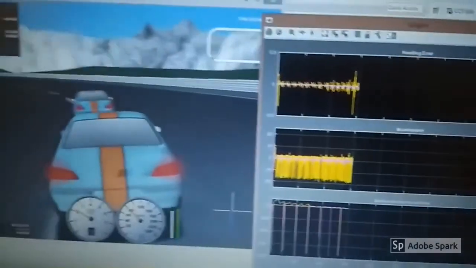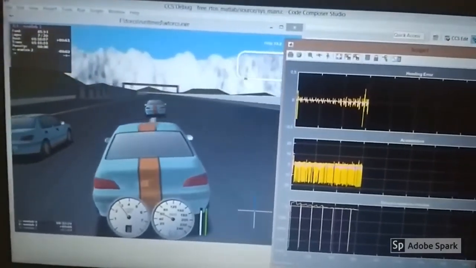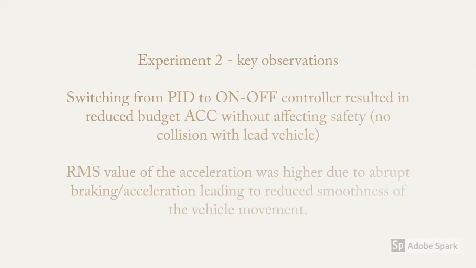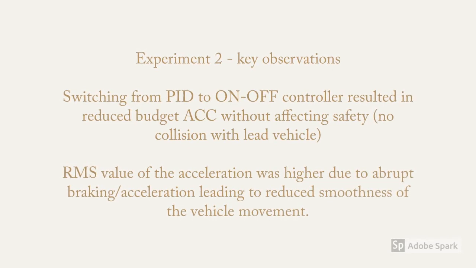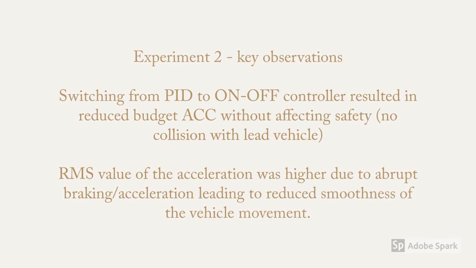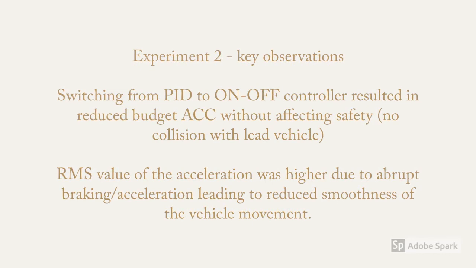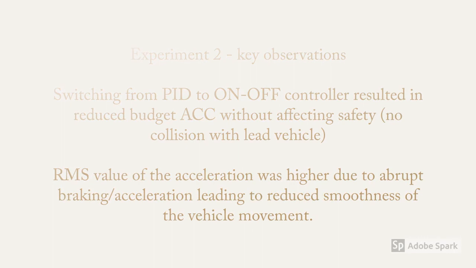So with on-off control mechanism being active, we see that the fluctuations of acceleration has increased and also the heading error. What we observe is that even if cruise control was degraded, it was able to ensure its safety functionality, which is of maintaining a minimum distance between the follower and the lead vehicle. Therefore, it is possible to consider a specific way of degrading a task's functionality depending on the tasks that have overrun its budget.